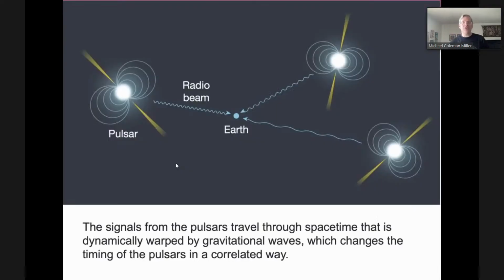Here's a little demonstration where we have the Earth, and here we have our different pulsars at different frequencies, and they're timed, and as these are moved back and forth by the gravitational waves, the timing of the pulsars is not only changed, but changed in a correlated way. And the 3 pulsar timing array associations in the world, one in North America, one in Europe, one in Australia, together, they are probably already detecting